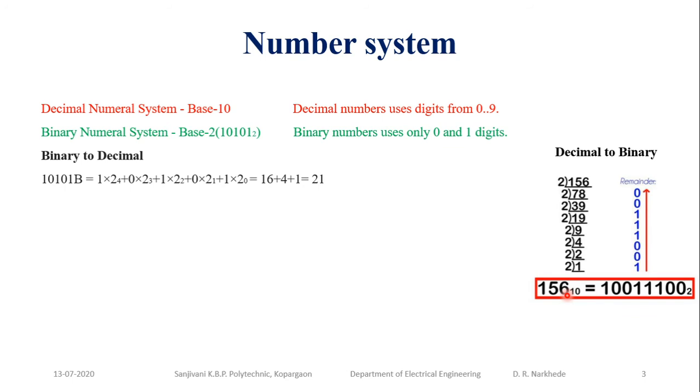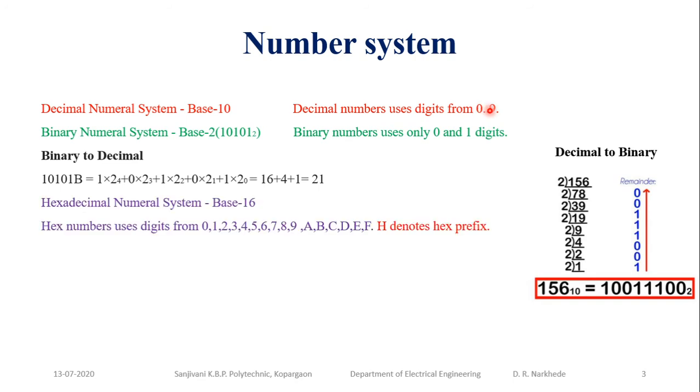Actually, this conversion of the number system is not in your curriculum. In your curriculum there are only the types of number system. What is the decimal number system? What is the binary number system? But computer does not use these for programming purposes. If I am going to use a program, my computer is not working with the decimal number system. It has only numbers from 0 to 9.